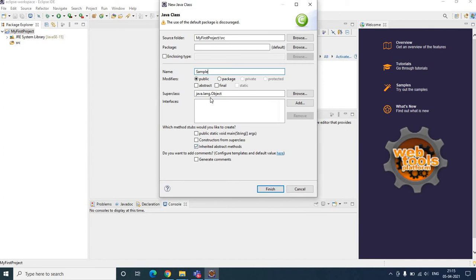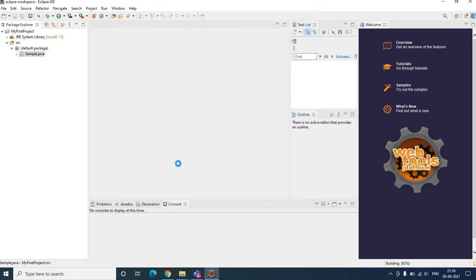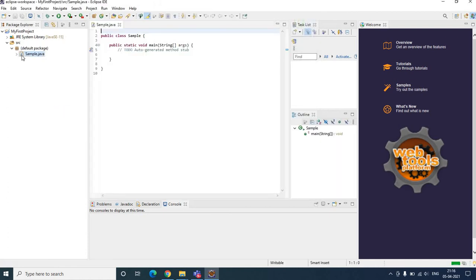If you want to make this class a main class, then you can check it. That is, you can click the checkbox which contains public static void main string args. Now you can give Finish. Yes, the sample.java class file is getting ready.